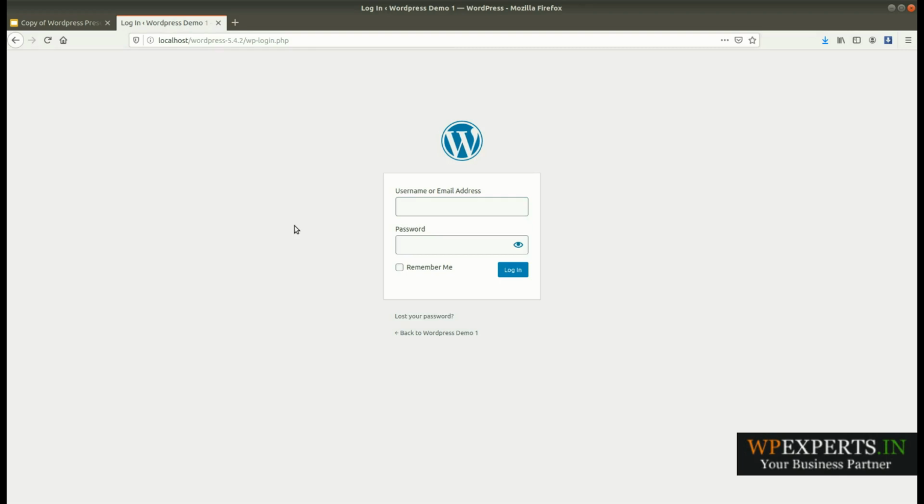My username was myadmin and I have saved my password in the browser, so that's why it's filling in automatically. You can also save your password on your local computer. And let me log in here.